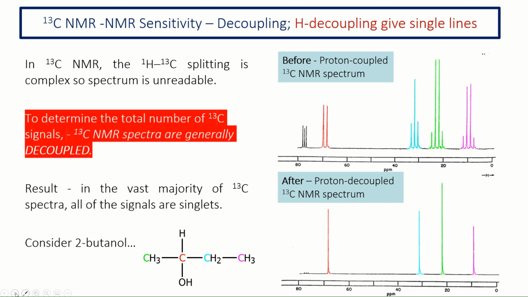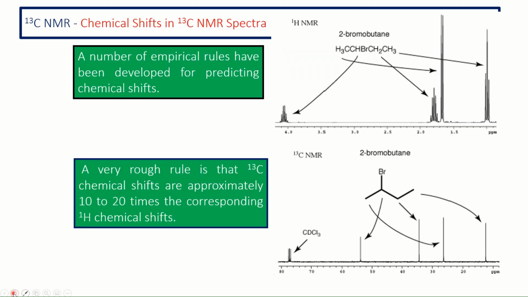So in this case here, we have 4 carbon signals. Ignore this because this is just our residual chloroform solvent. Herein, you can see, for example,